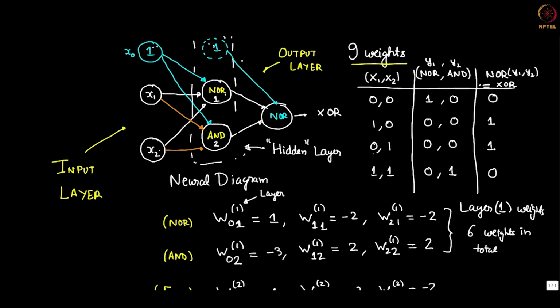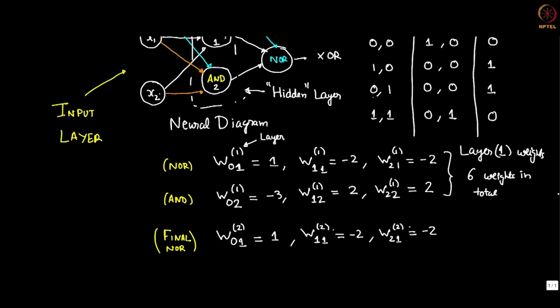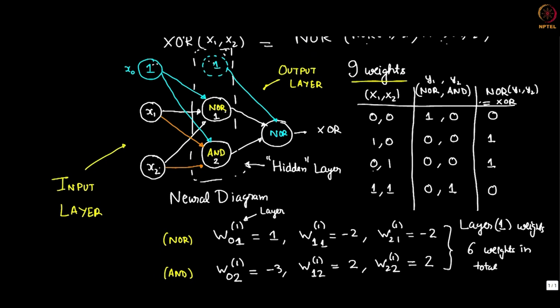So, these are the weights of the second layer indicated here as a superscript. You can see therefore that an XOR gate can be written as a neural network. We will call this kind of diagram a neural network. Each of these sitting here are neurons. So, it can be written as a neural network with one hidden layer.